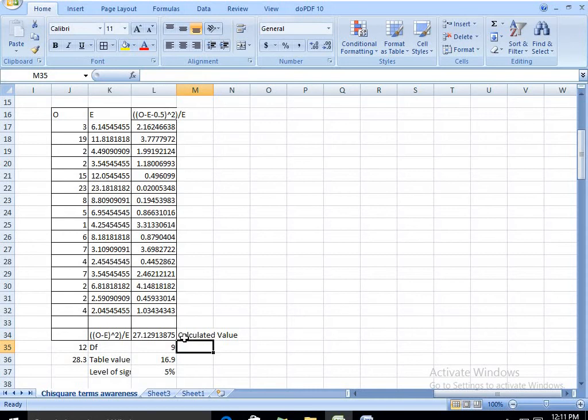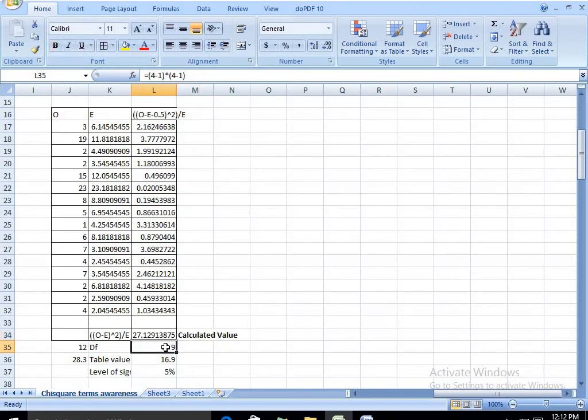If you are using statistical packages like SPSS, you can do your chi-squared value in the same click pattern. In Excel, the chi-square test is not available directly, so we are doing it in the manual pattern. So this is the calculated value.